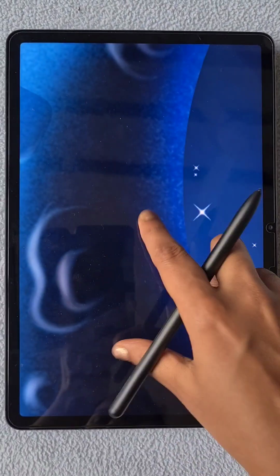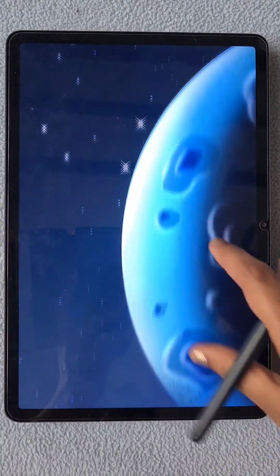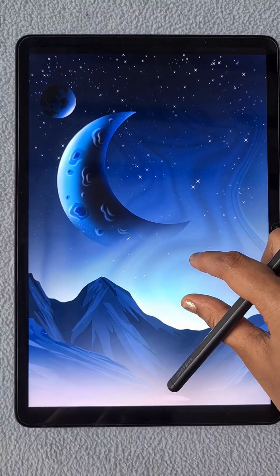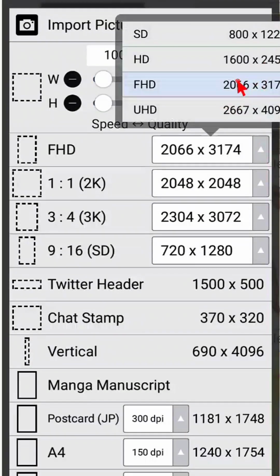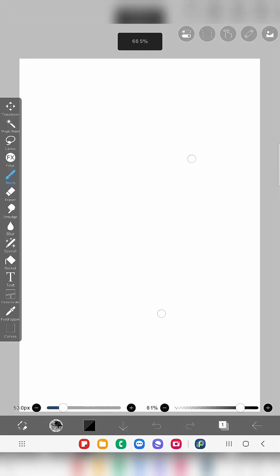Hello everyone, in this video I'm going to show you how to create this space scenery in the app IBIS PAINT X. So let's get started. First I'm going to open a fixed canvas in my IBIS PAINT X app,